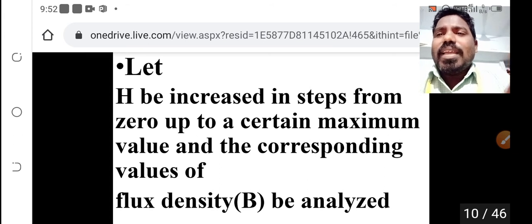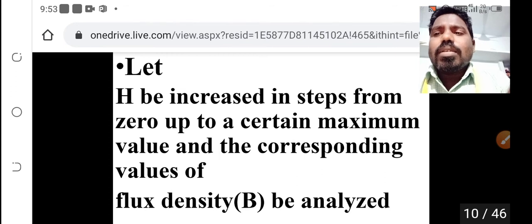Let H be increased in steps from 0 up to a certain maximum value. What is that? We are doing one activity. Let H be increased in steps from 0 up to a certain maximum value. The value of H is going to increase from 0 step to maximum step. In this activity,